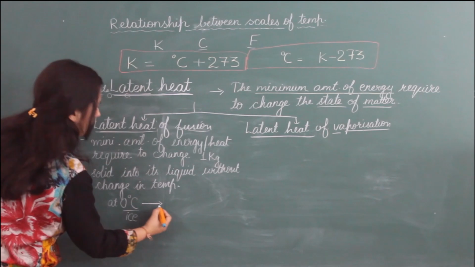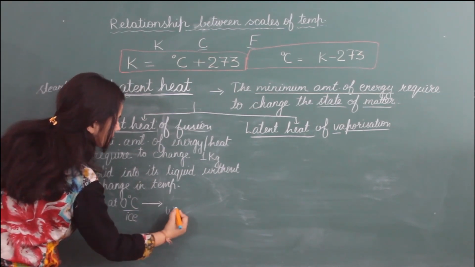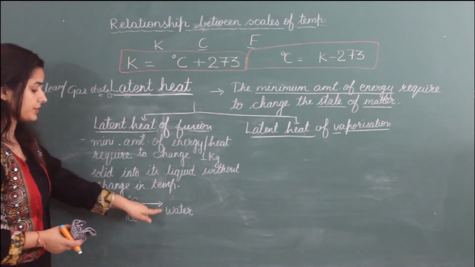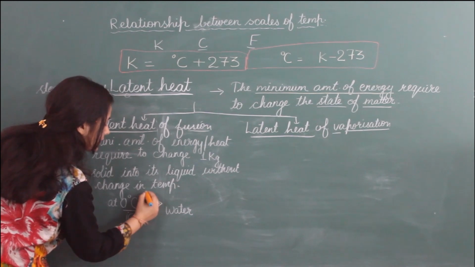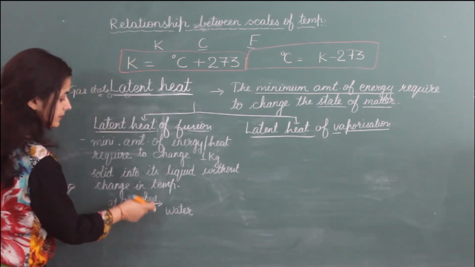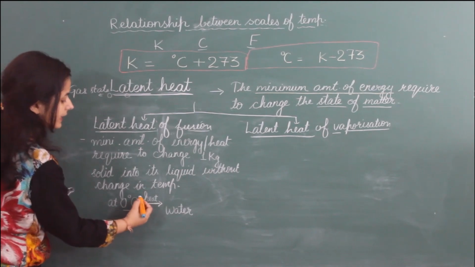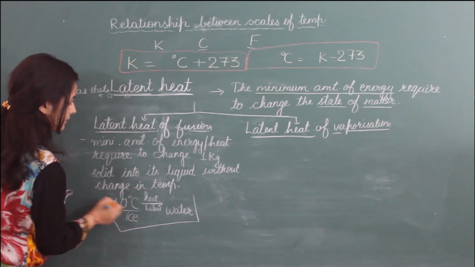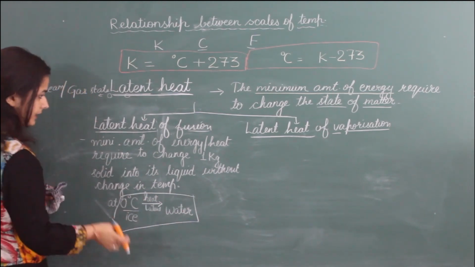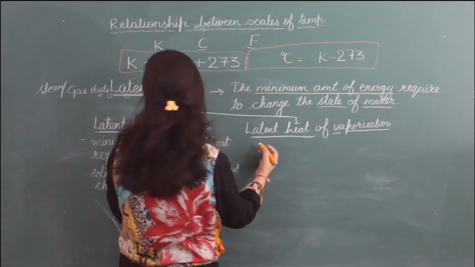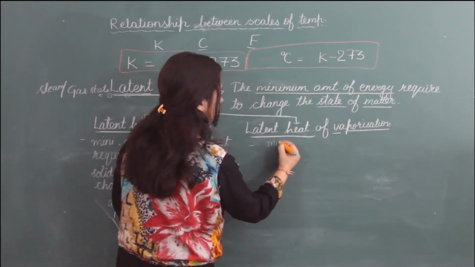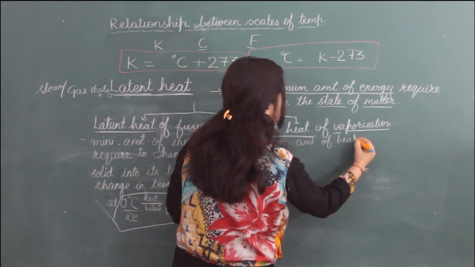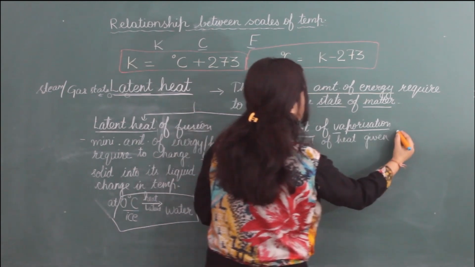At 0 degrees Celsius, this ice completely converts into water. It does not change its temperature, but it changes its state. So the heat given at this temperature, at this time, is known as latent heat, and it is latent heat of fusion. Same for latent heat of vaporization. So the definition becomes: the minimum amount of heat given to change